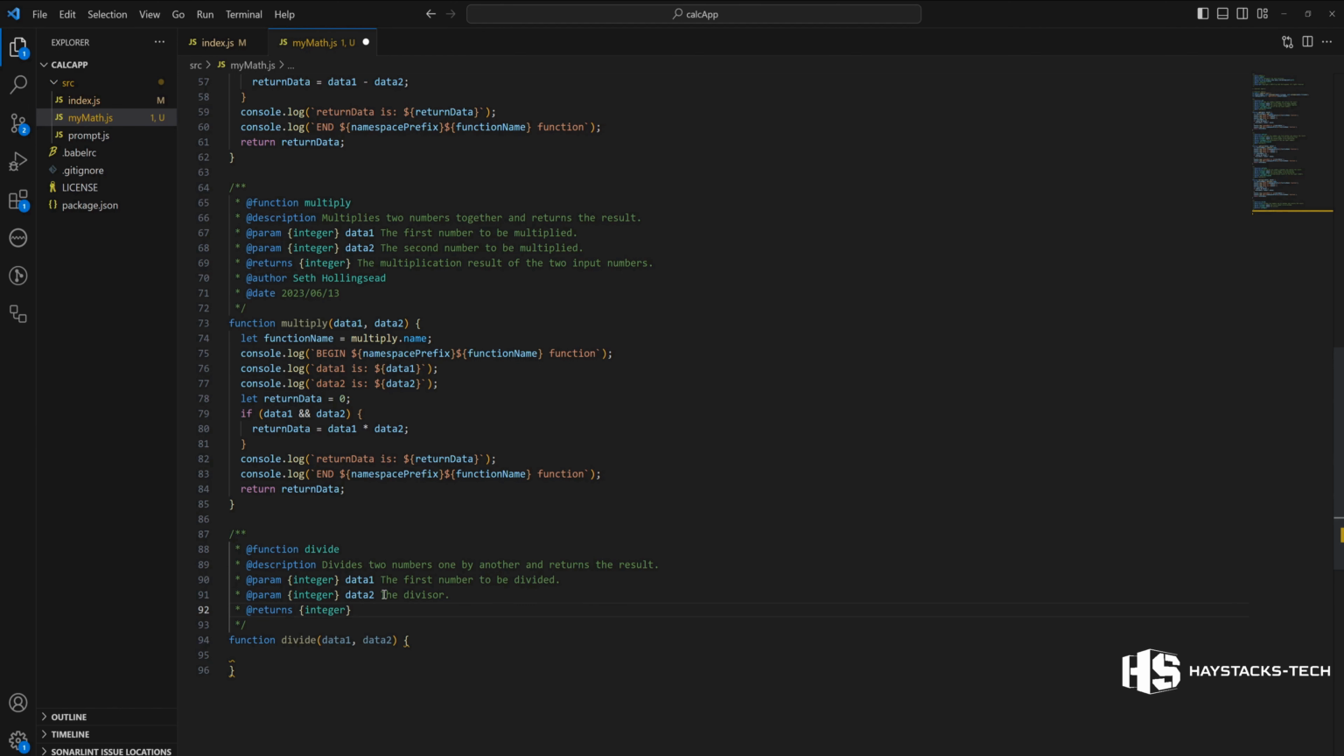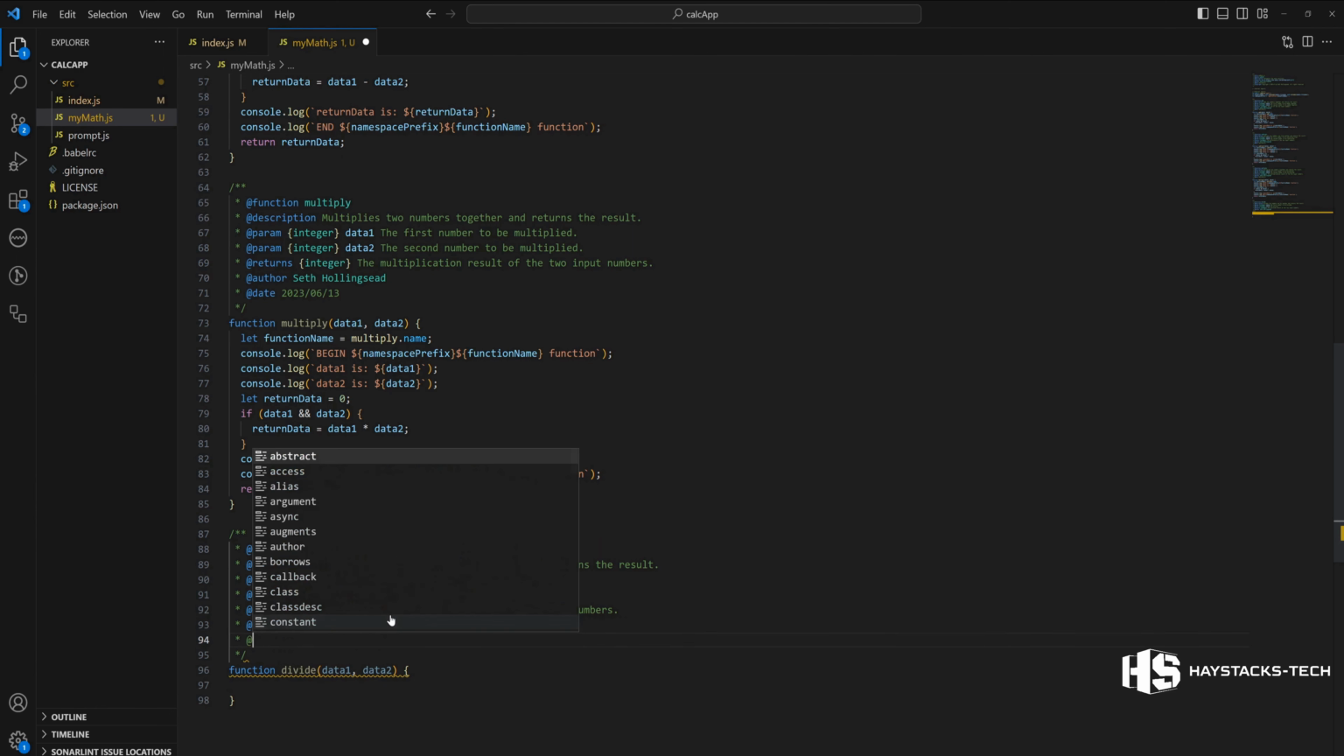Integer. I think this @return needs to be @returns, I think. And there's all over my code base, I'm not doing that. So I probably am the number one person not following the returns there. But I think that's what it's supposed to be. The division result of the two input numbers. That's fine. @author and @date